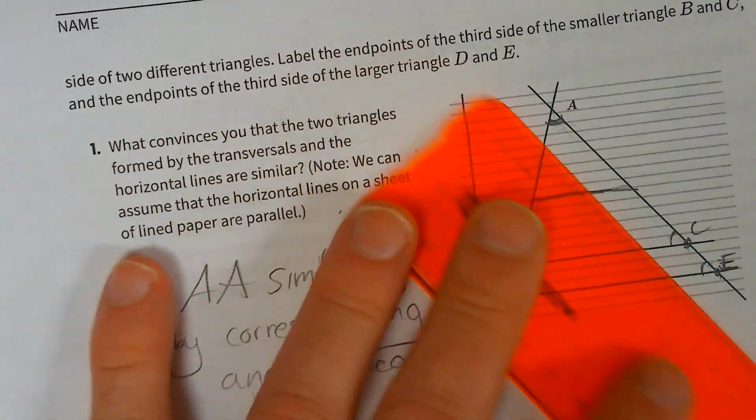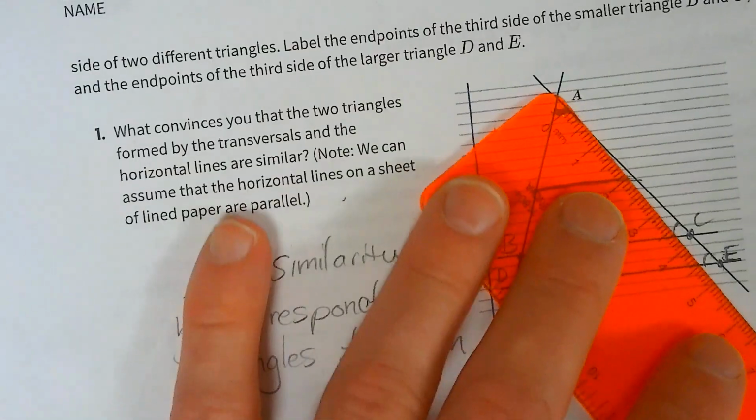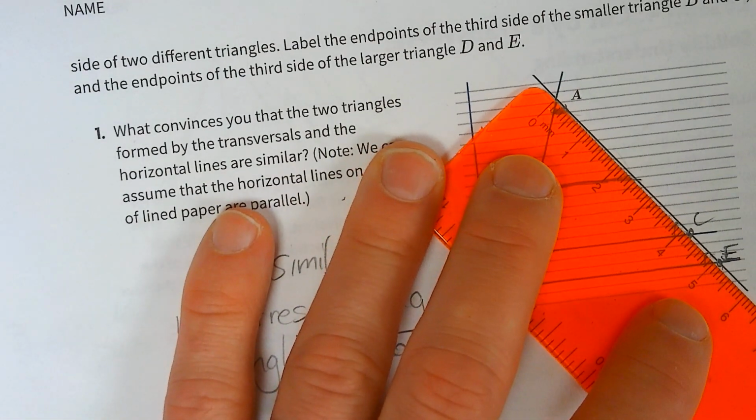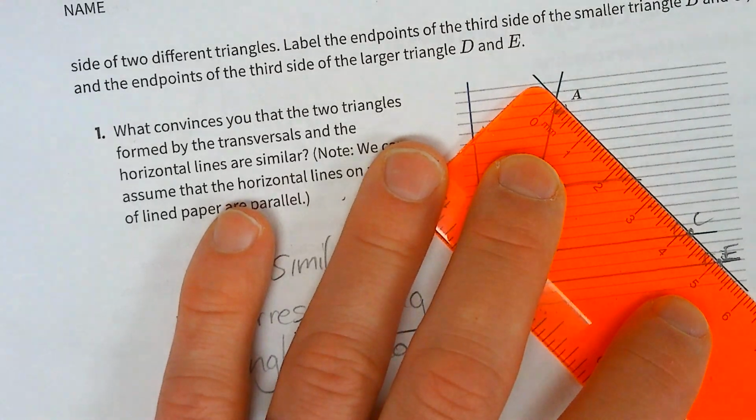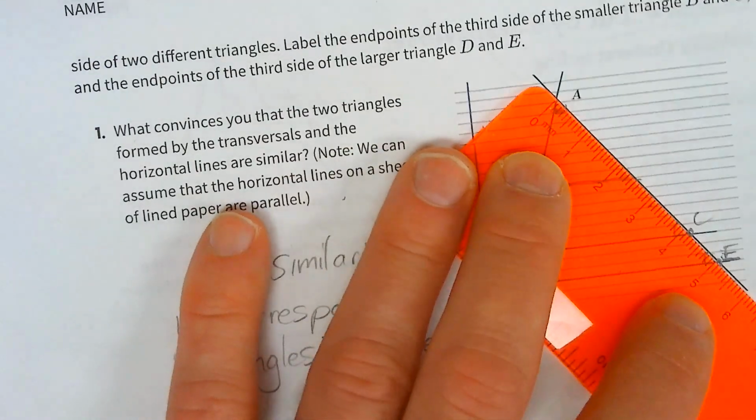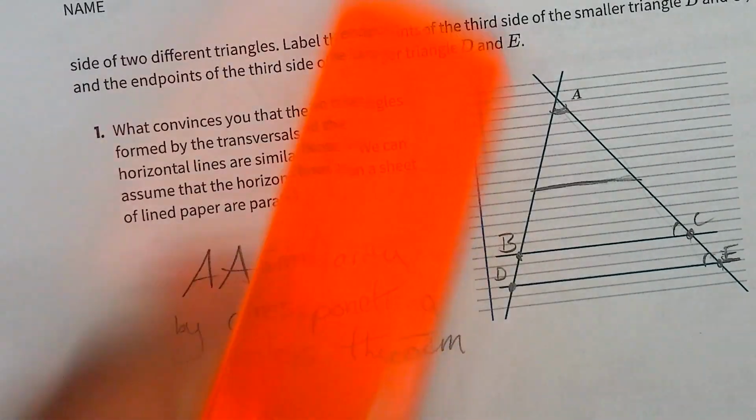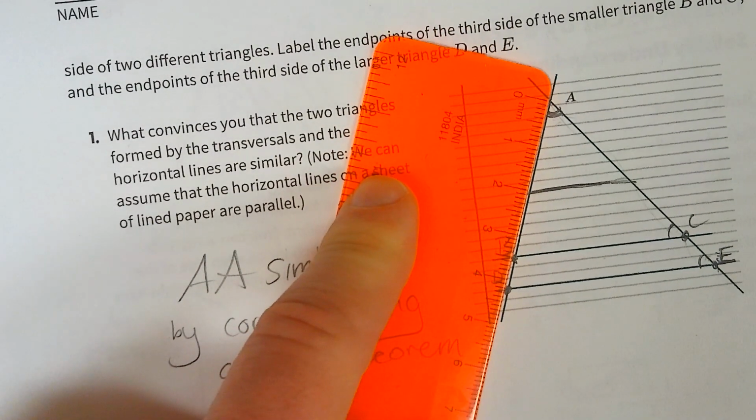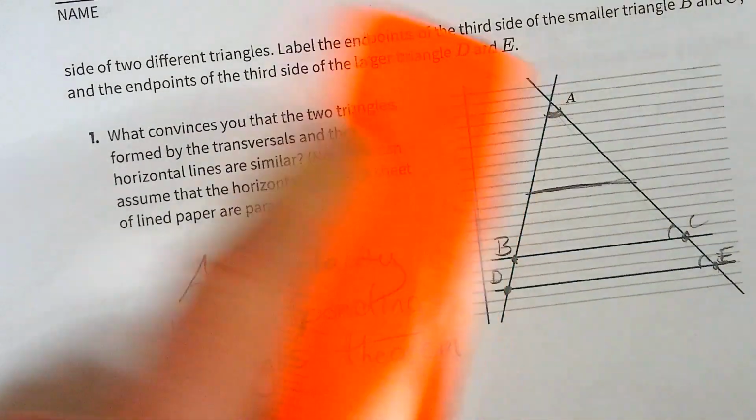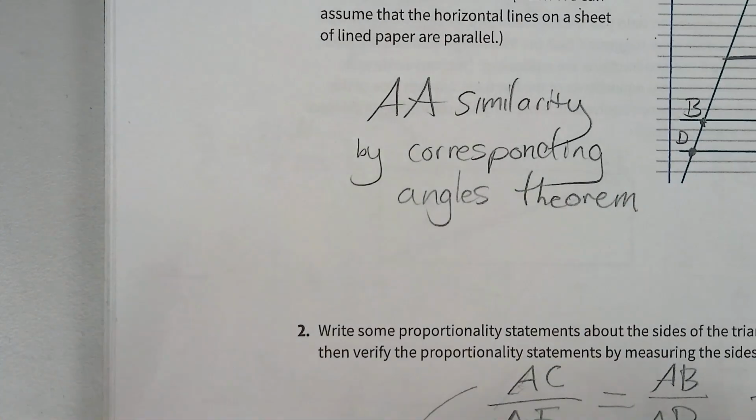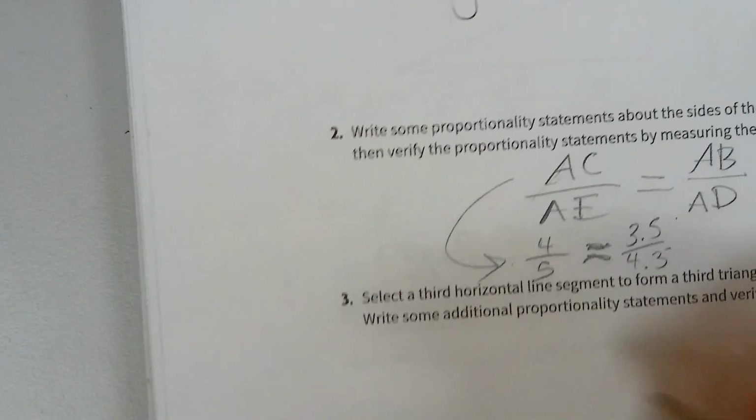Oh man, I should have measured first and chosen my line second. Oh, let's just call it 2.5. Great. 2.5 versus 5. 2 versus 4. I mean, it's slightly less than 2 and slightly less than 4, but